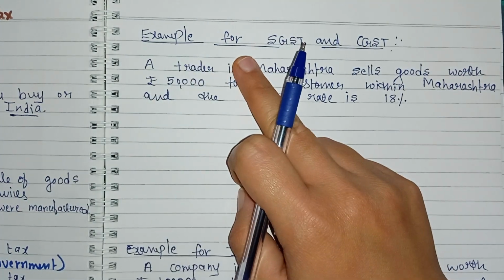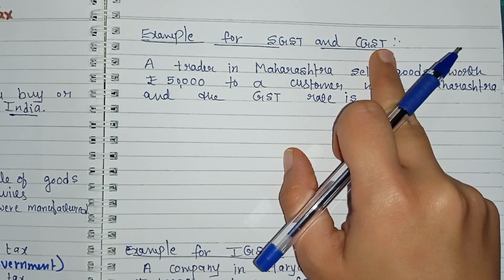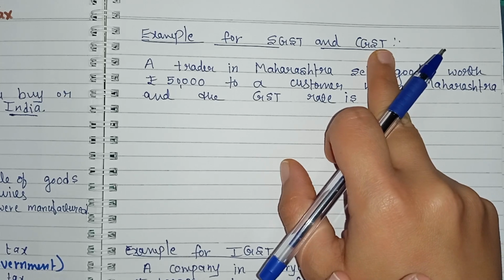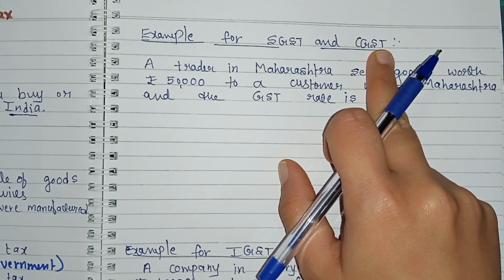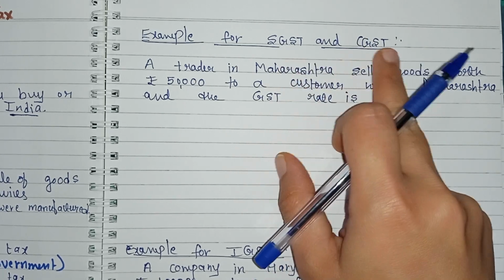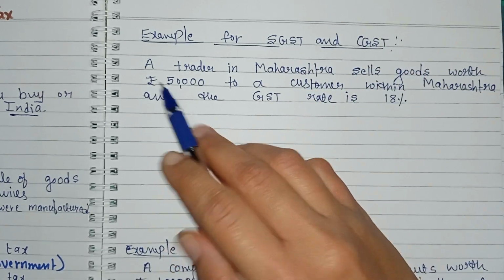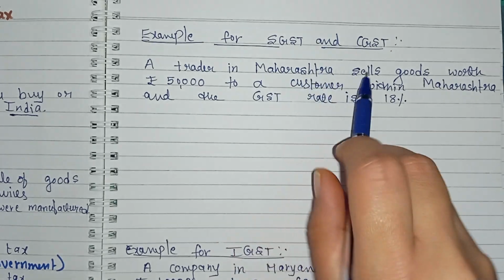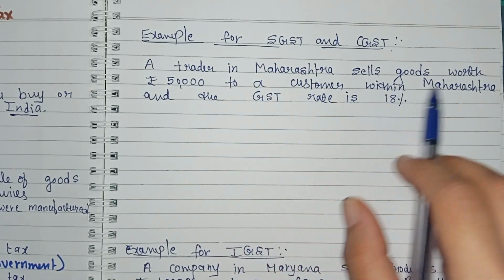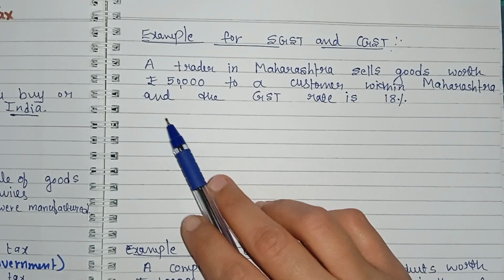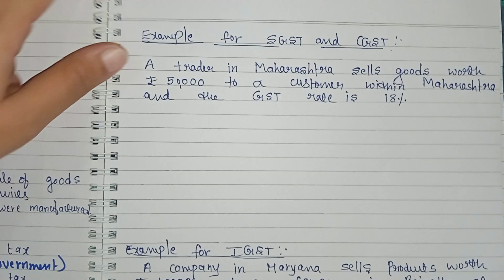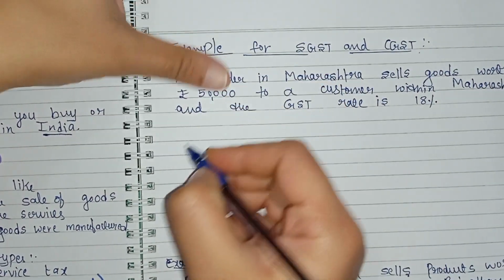Example for SGST and CGST means intrastate transactions. Means the supplier and consumers are located in the same state, then SGST and CGST is applicable. For example, a trader in Maharashtra sells goods worth rupees 50,000 to a customer within Maharashtra, and the GST rate is 18%. Now, first what we have to do, we calculate the